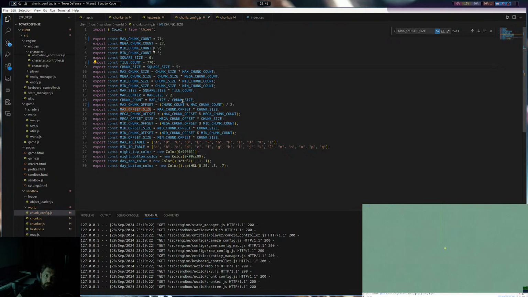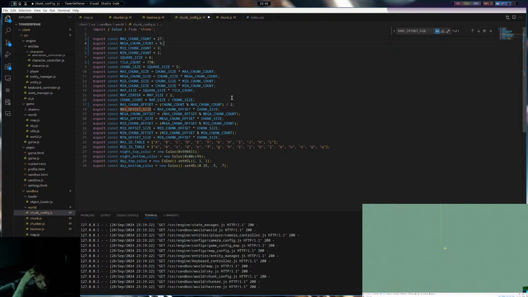What if we cut these down? We say minimum chunk count has 1 chunk in each chunk. Maximum chunk is 3. This one's 9 and this one's 27, because we want them to be divisions of 3.